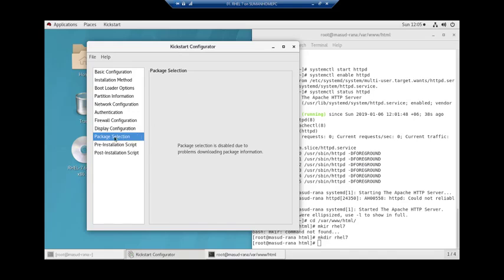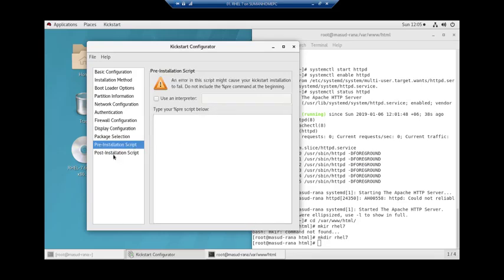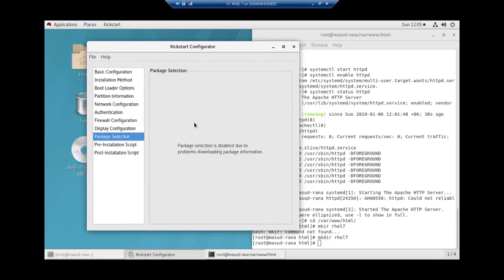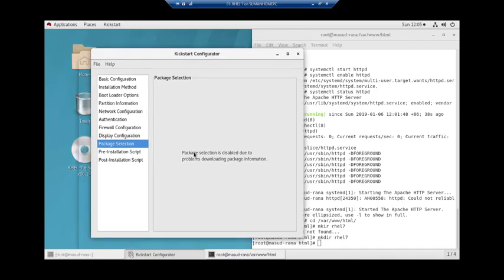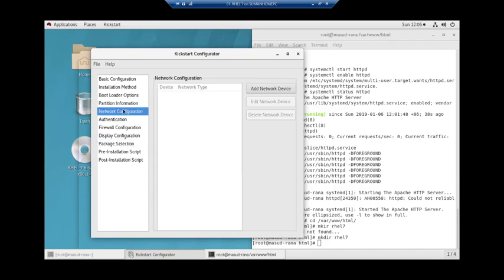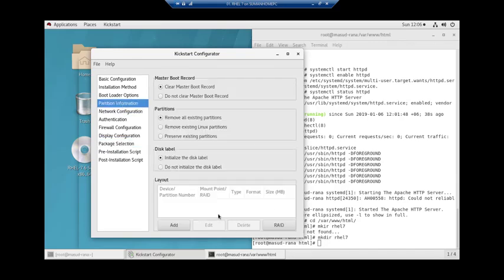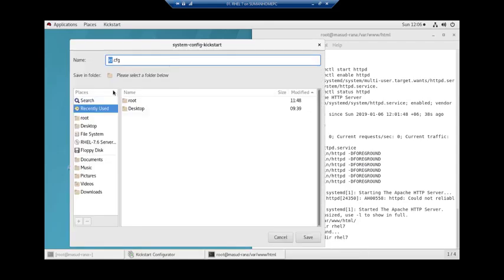We cannot choose packages from here, or pre-installation and post-install scripts. I can type some script for pre and post, but there is no choice to choose packages and no LVM support for partition. So I will do this later. Let me generate this file by pressing save.